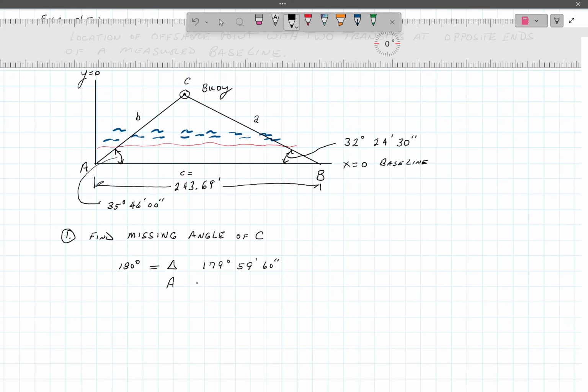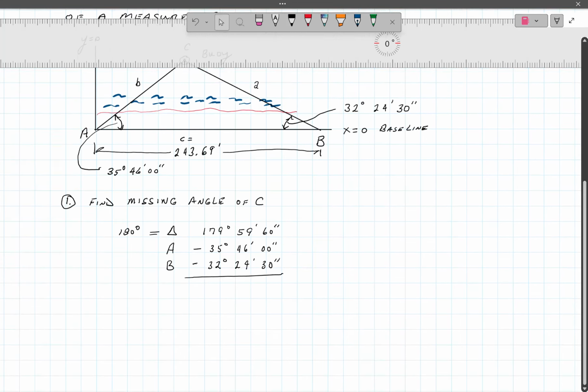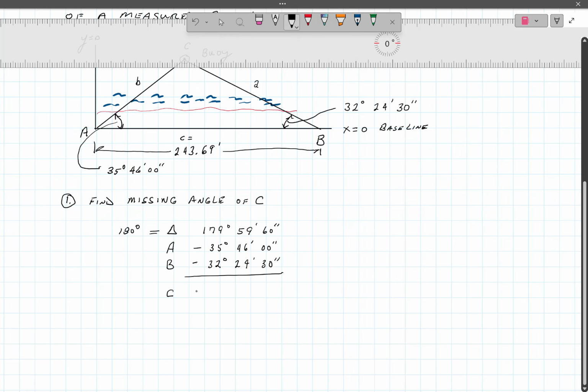Angle A is a minus, because we're going to subtract it, 35 degrees, 46 minutes, 0 seconds. And we know that angle B will be subtracted from the 179, 59, 60. And that one's 32 degrees, 24 minutes, 30 seconds. Okay, and if we do the math for that, that's going to give us C, which will be